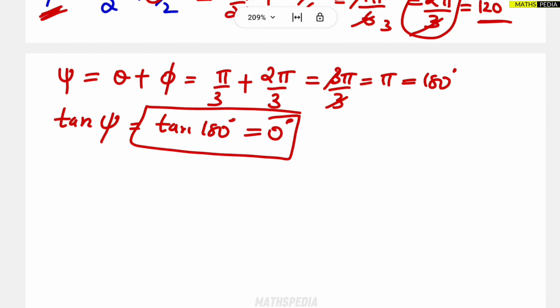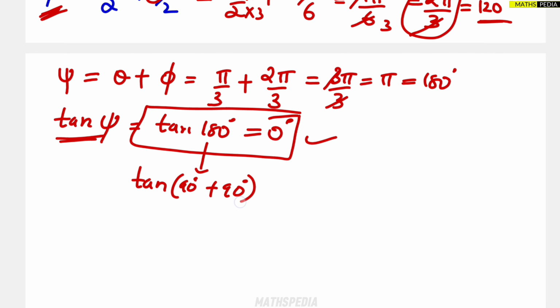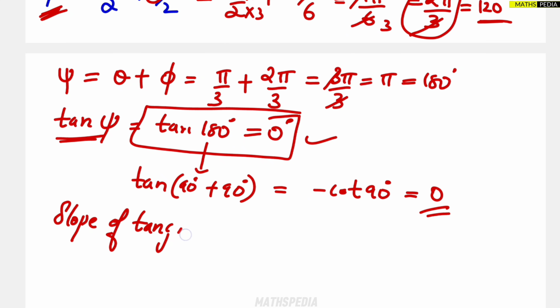So what did we understand from this? That the slope of the tangent is given by tan phi, which is equal to 0. In order to get tan 180, if you don't know the formula, you can write it as tan of 90 plus 90. Tan 90 plus theta is minus cot theta. So minus cot 90. What is cot 90? 0. So minus into 0 is 0. This is how I got the value. Otherwise, you remember tan 180 is 0. So this is nothing but the answer. Finally, we can write the slope of the tangent is equal to tan phi, which is equal to tan 180, equal to